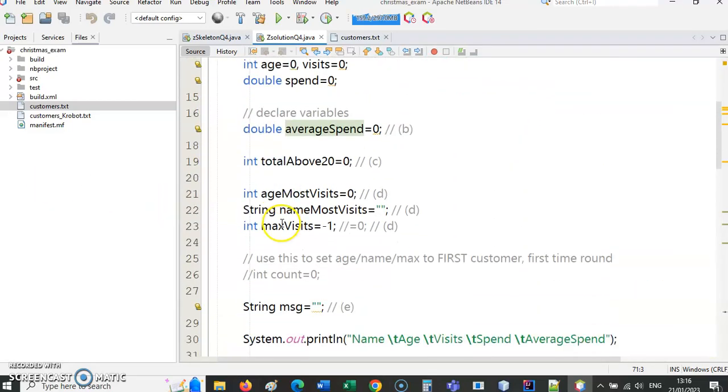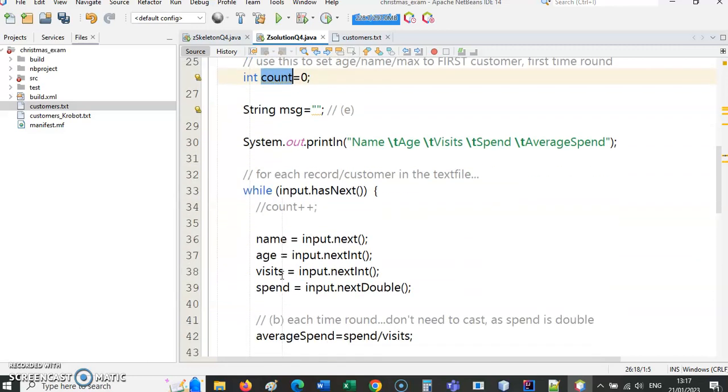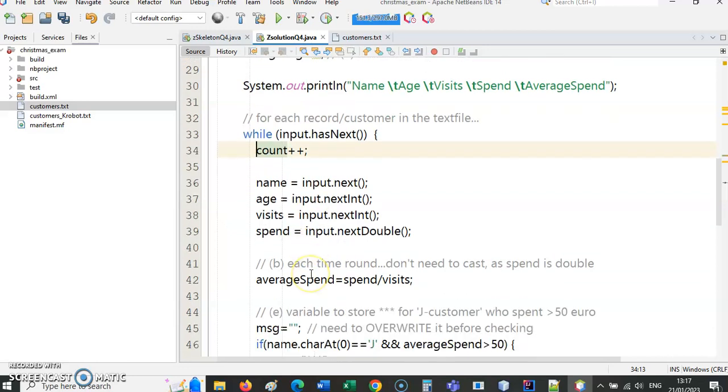And where is max visits? Okay, what we could do now is we could leave max visits, say, at 0. And then we could use this variable called count, which we initialize to 0. So each time we go around the loop, each time we get a record, we're going to increment count. And when count is set to 1, i.e. the first record, then we can store the max value. Okay, so if I set that to ++ there,